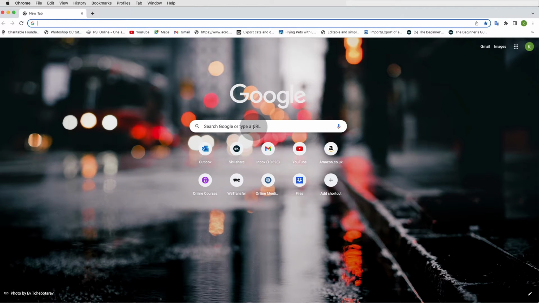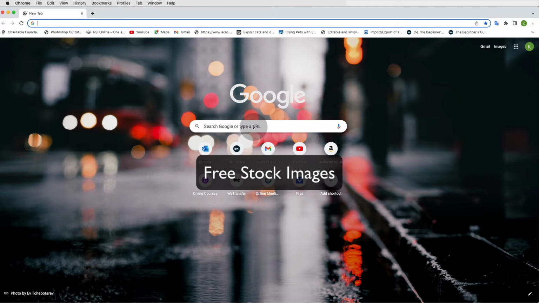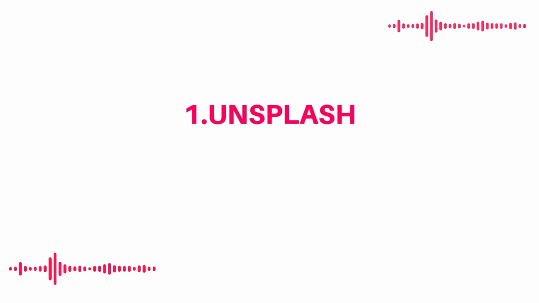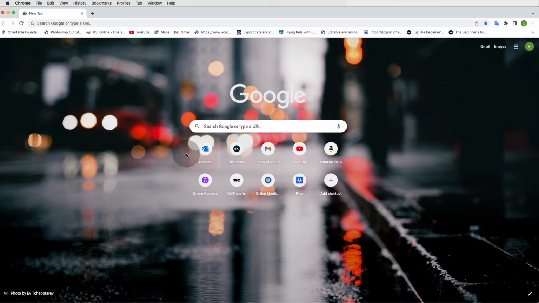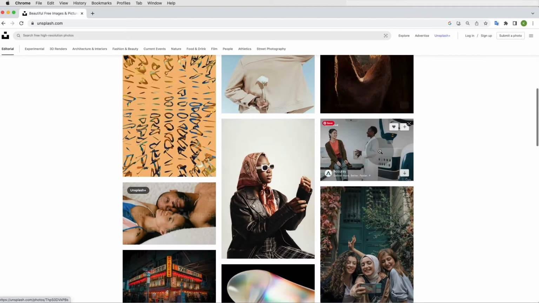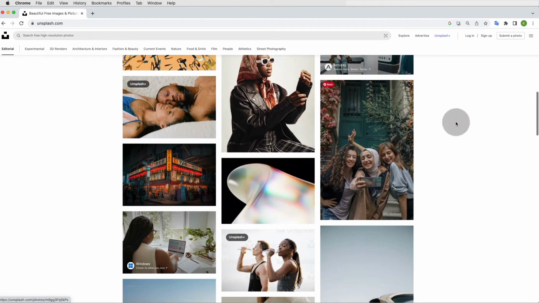Okay, so 5 websites for free stock images that totally changed my life. Absolutely. So number 1 is my absolute favorite, and that is Unsplash. I really like this website, and I've used these images a lot in all my graphic design, in my online courses that I teach. As you can see, they're really high quality images, and I love